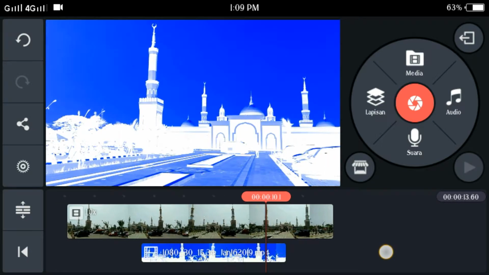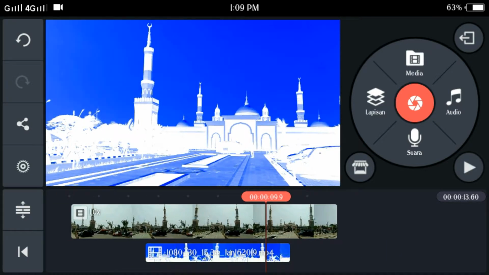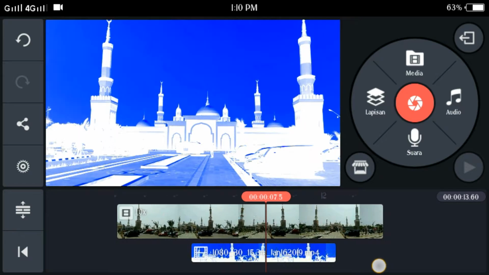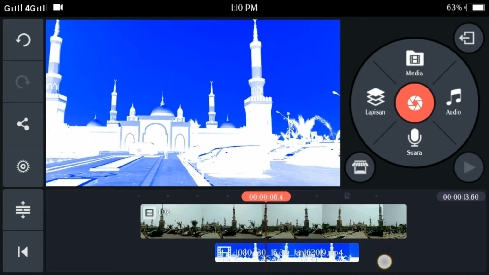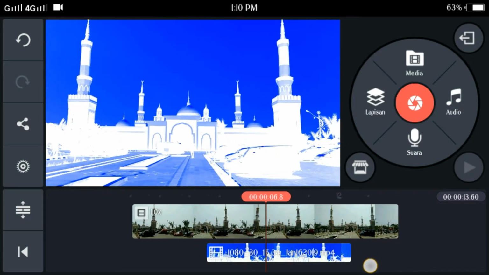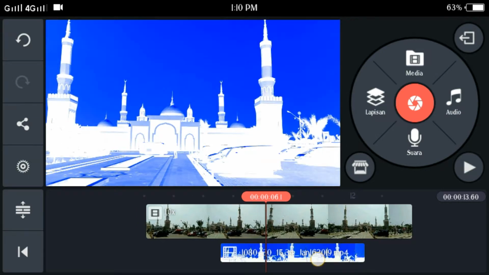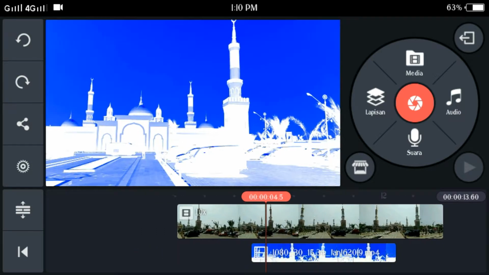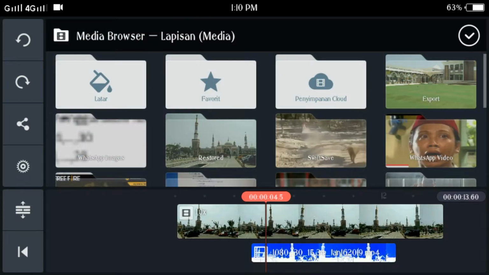Then we cut the video part that is not needed. Remember not to slide the video that we will create the Luma key effect. We will also cut the back of the video later in the middle of the video that we will create